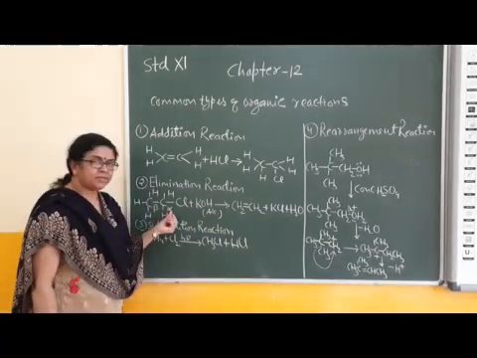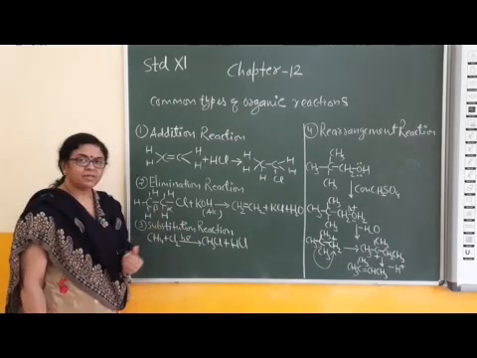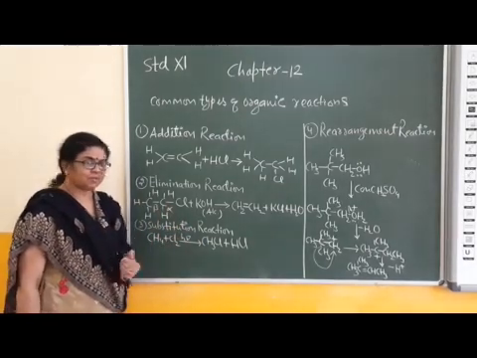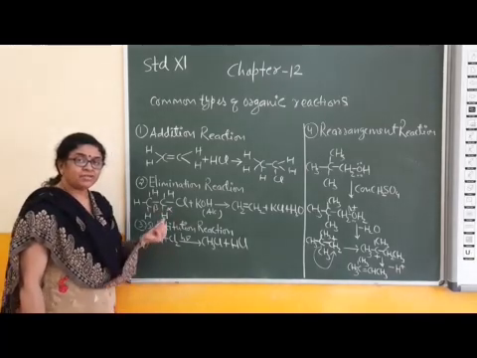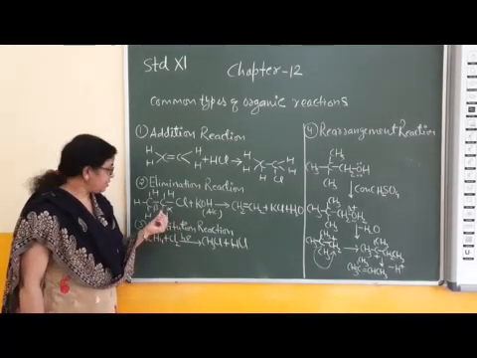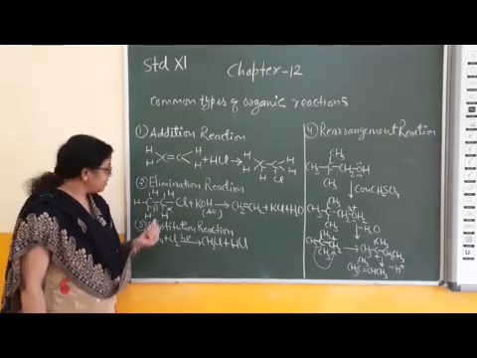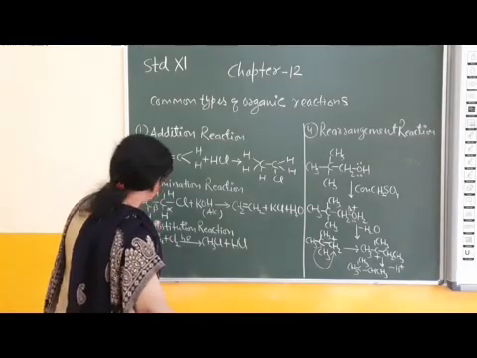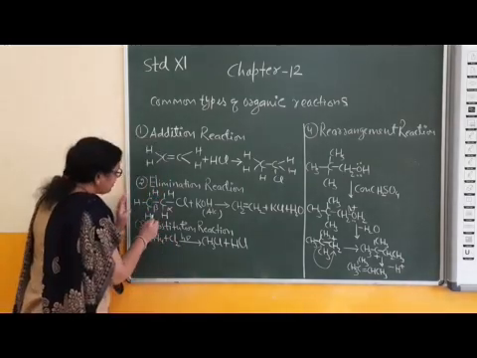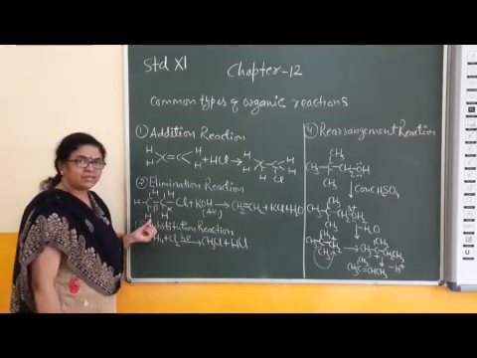Children, this is alpha carbon. The carbon atom which is attached with the functional group, here the functional group is halogen, is known as alpha carbon, and the adjacent carbon which is attached with alpha carbon is treated as beta carbon. Next, gamma carbon, right? Here is elimination of beta hydrogen. Which hydrogen? The hydrogen atom which is attached with the beta carbon is beta hydrogen, right?